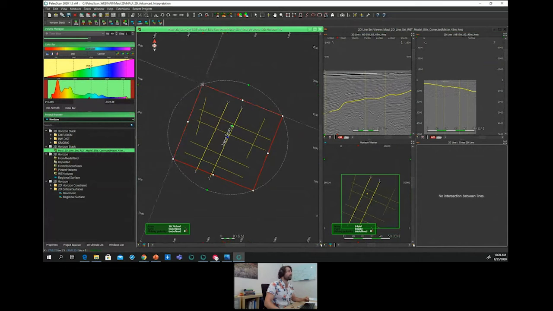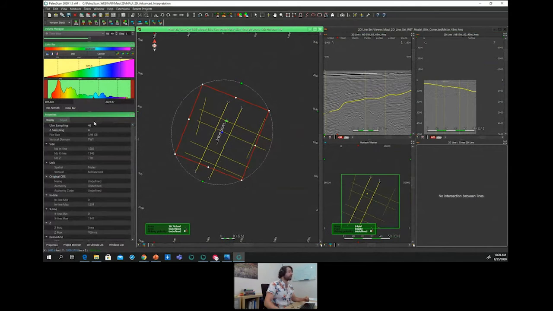Then I can also reduce its extension if I want to do so. And additionally, I can control its spatial sampling as well as its vertical sampling. By default, it respects the original sampling of the data, but we can modify it in order to reduce the physical size of the cube of the 3D horizon stack we will get.